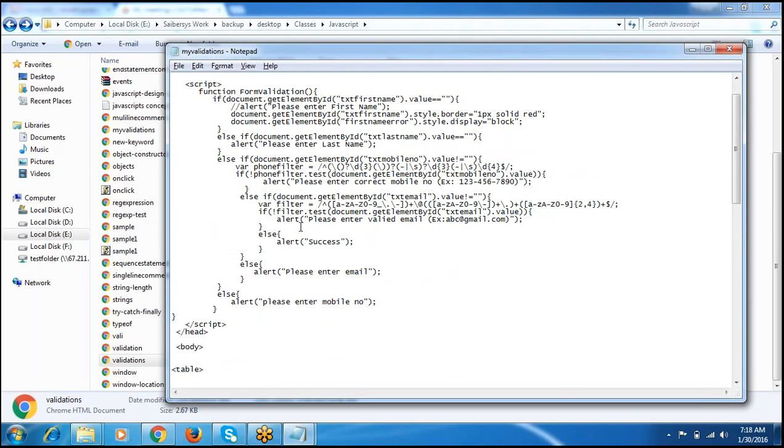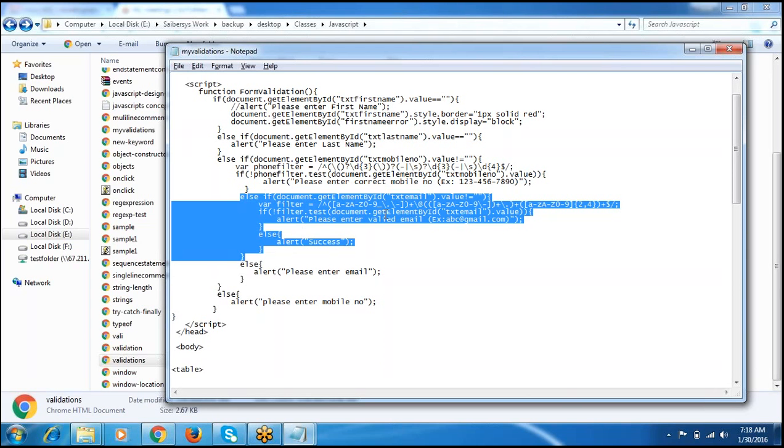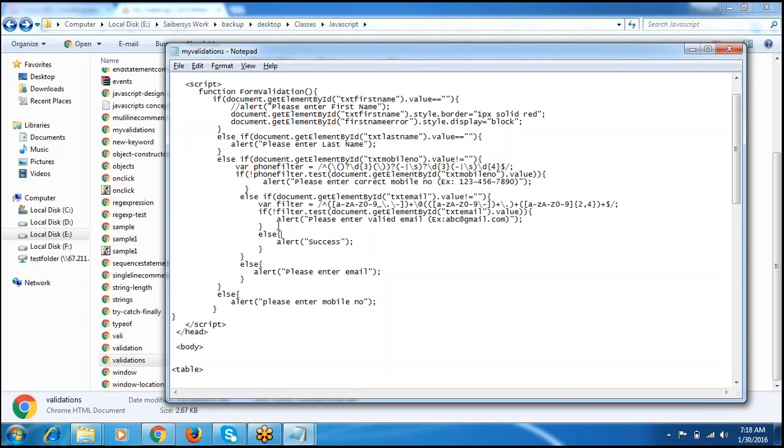So here, in this if else condition, we are checking the email validation. So here filter.test checks the email pattern. If the email pattern is not equal to our HTML email, we get an alert box, otherwise go to the next statement. So here you have to write